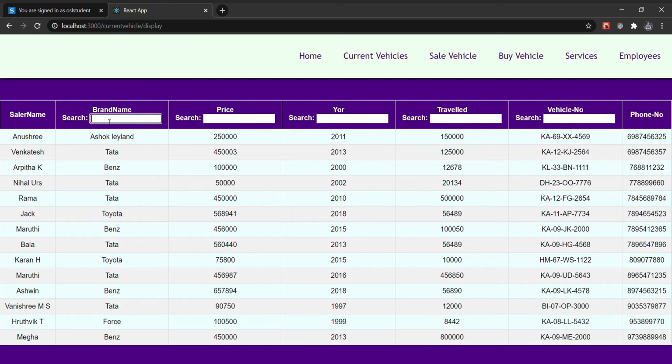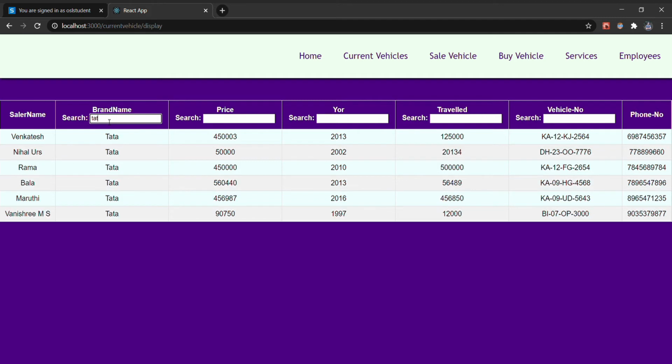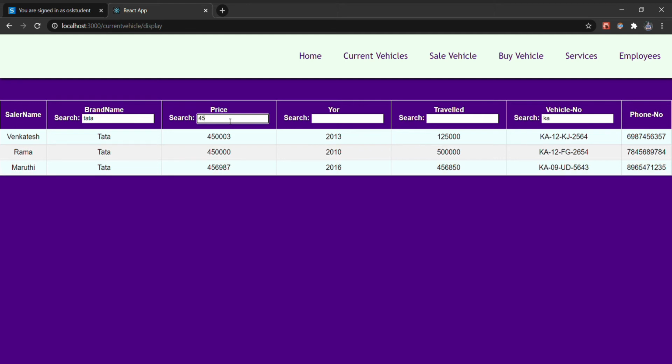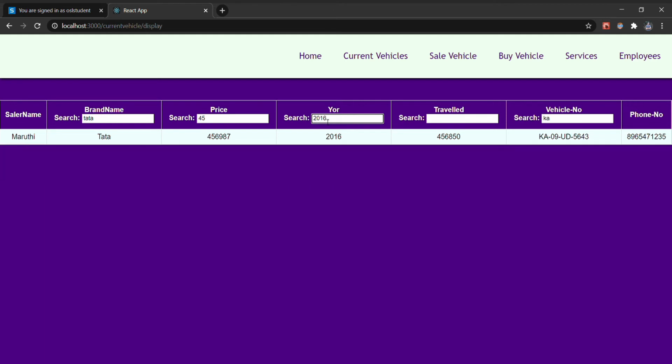So, for example, if I want a truck to be in the company or the brand name Tata, I'll be typing Tata, and again I'll be having these many options among all the trucks. So again, if I want the truck to be in the Karnataka registration, I'll be typing KA, and again I'll be having four options. And if my price ranges from 4.5 lakh, then I'll be typing 45, and again I'll be provided with three options. So at last, if I want the year of registration to be 2016, I'll be typing 2016, and I'll be provided with the final option. Similarly, all the other three types of vehicles category pages are designed.